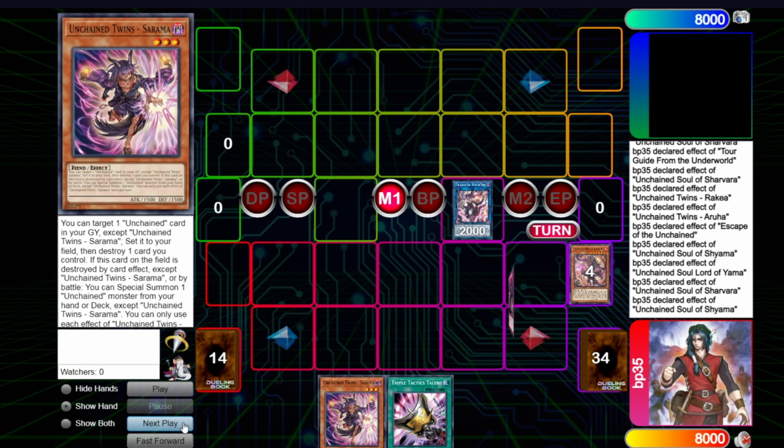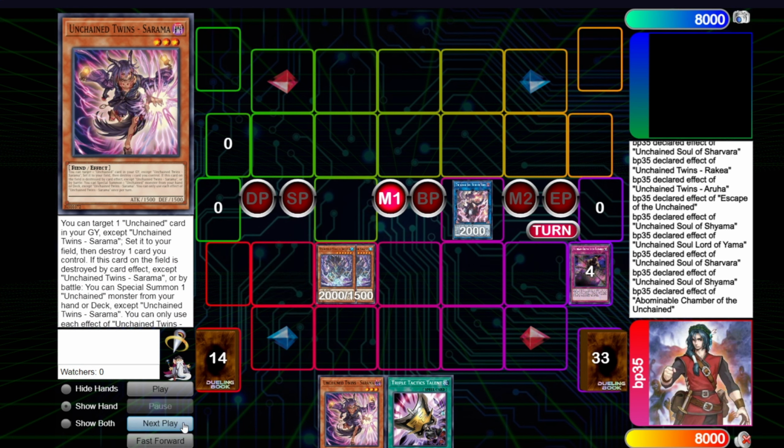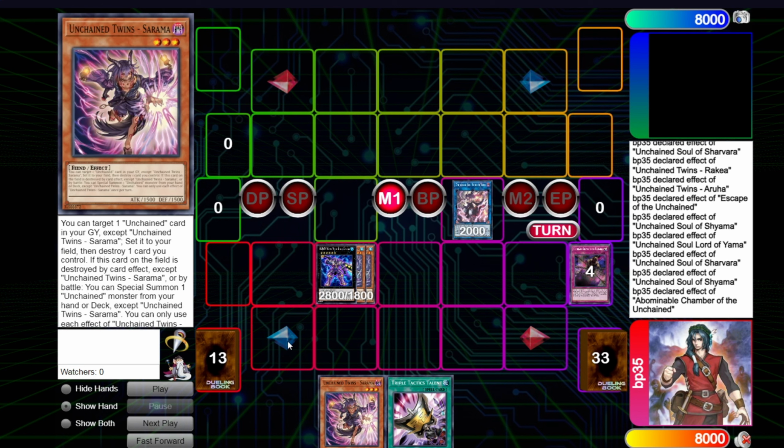Shayama, pop the trap, summon itself, effect, summon again. And then now we make Caesar. And now if you look at it, in the graveyard you have 2 fires. You have the Caesar and you have the Yama on field, who's the dark, and Sarama in hand, who's a dark. There was no time that Bestials could have actually done anything. The combo is a little bit...